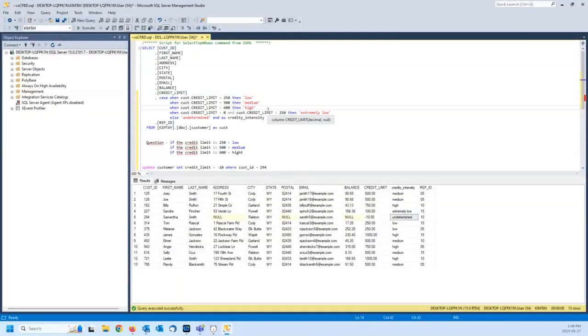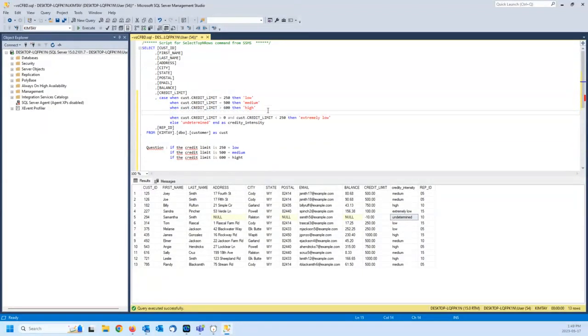So you saw that if this credit limit is between 600, I can literally add one more condition here. So let me just copy and paste. So Control C, and I'll add one more condition here saying extremely high. And if he has a credit limit greater than, let's say, 950, I'm just making up some cases. And if it is between this range of 600 and